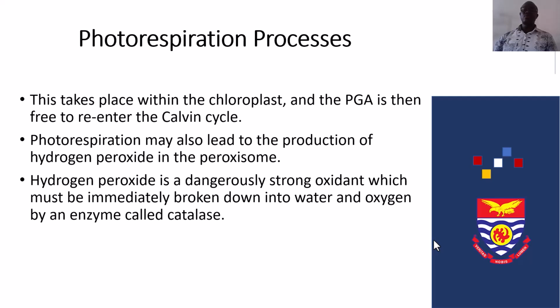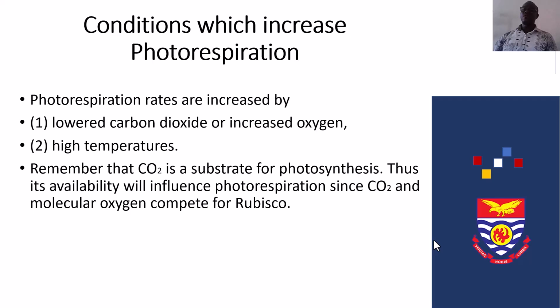Photorespiration may also lead to the production of hydrogen peroxide in the peroxisome. Hydrogen peroxide is a dangerously strong oxidant which must be immediately broken into water and oxygen by an enzyme called catalase. Photorespiration rates are increased by lowered carbon dioxide or increased oxygen,